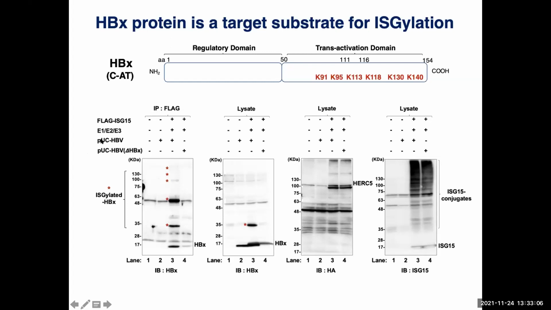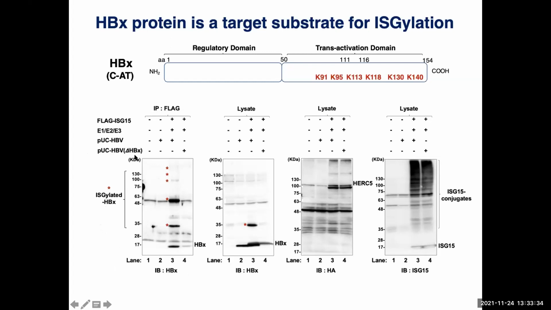And we transfect pUC-HBx into Huh7.5 cells, and you can see the ISGylated HBx protein. And when we use the pUC-HBV delta HBx, this plasmid carries a mutation at the methionine codon of HBx,